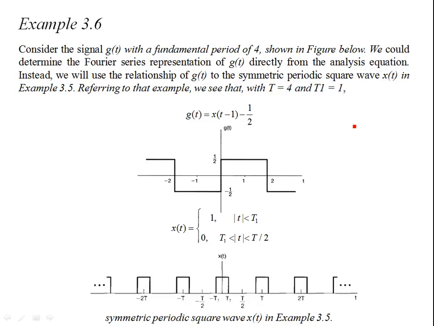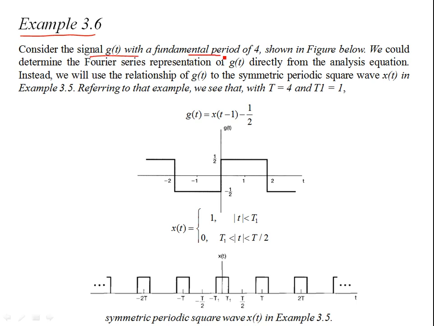Use the Fourier series properties to evaluate the Fourier coefficients for arbitrary waveforms. So instead of using the Fourier analysis equation directly to evaluate the Fourier coefficients, we're going to use the Fourier series properties to our convenience. This is example 3.6 from your course text, and it has a signal g(t)